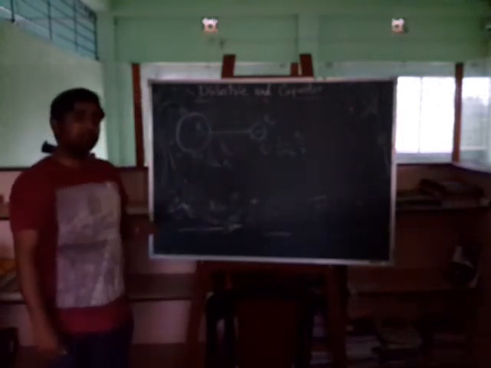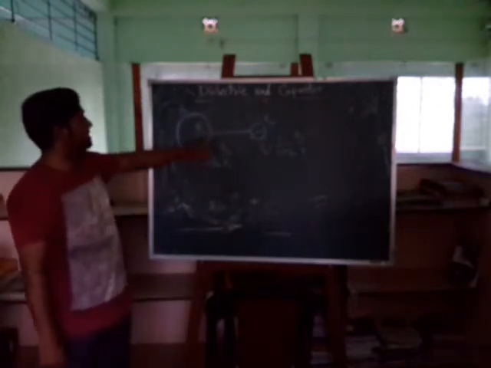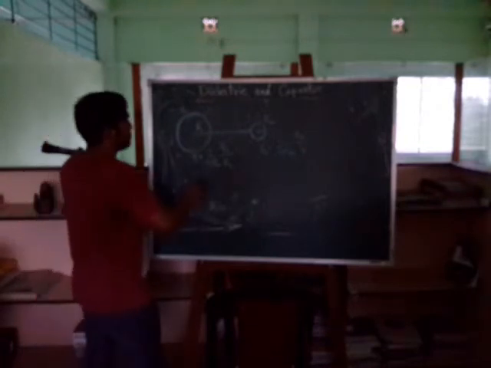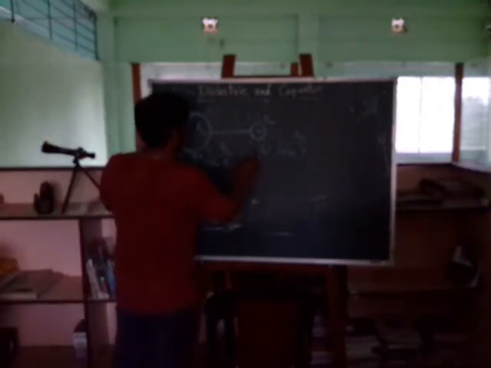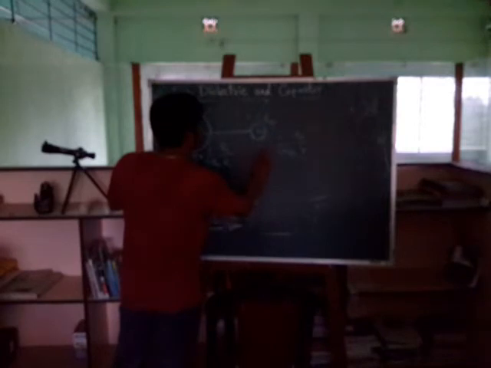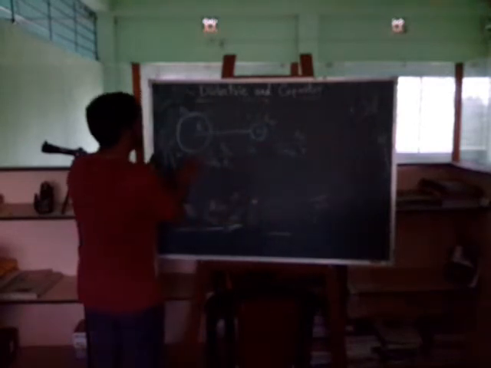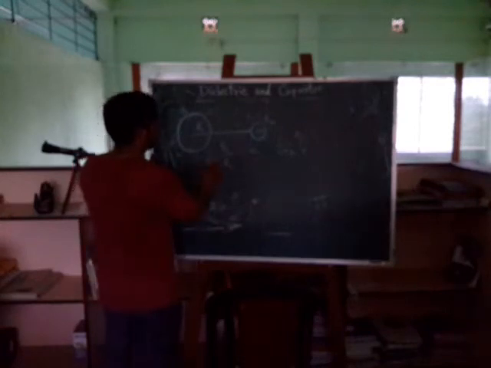Now these two potentials are equal. This is an equipotential surface, right? So we will equate these two potentials. If we equate them, this quantity and this quantity will be equal. This is the potential, so 4 pi epsilon naught.